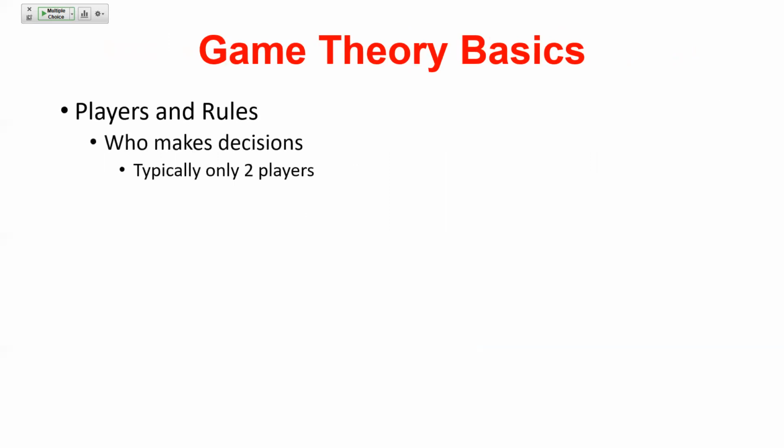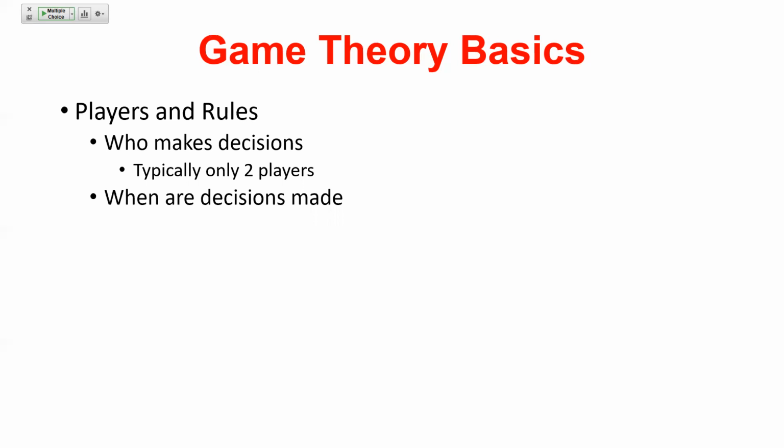But what we're going to do with these game theory examples is we're going to have 2 players who are making decisions. We can have more than 2 players. It complicates the models a little bit. And I might show you one. I'm only going to expect you know how to solve one that has 2 players involved. Okay? We can't add more, but we'll kind of keep it at 2 for us. What is going to end up changing the games a little bit is also when the decisions are made. So we'll start out today. We're just going to be looking at games where decisions are made simultaneously. Right? Kind of one of the age-old